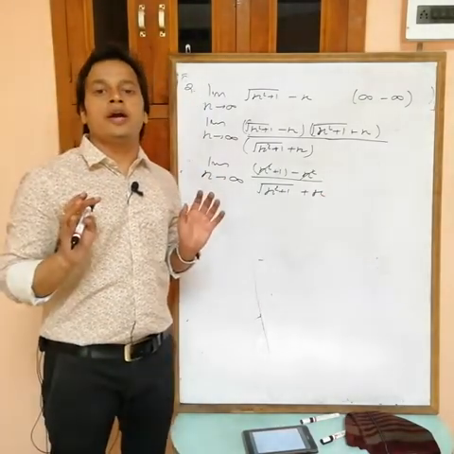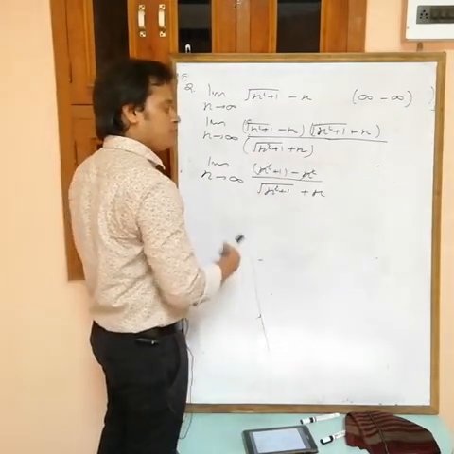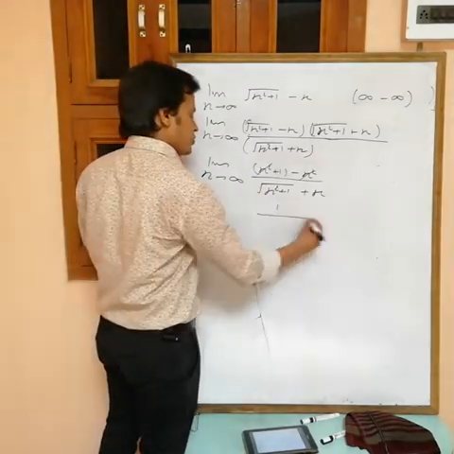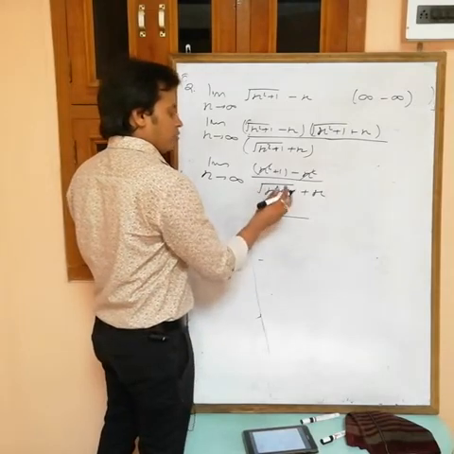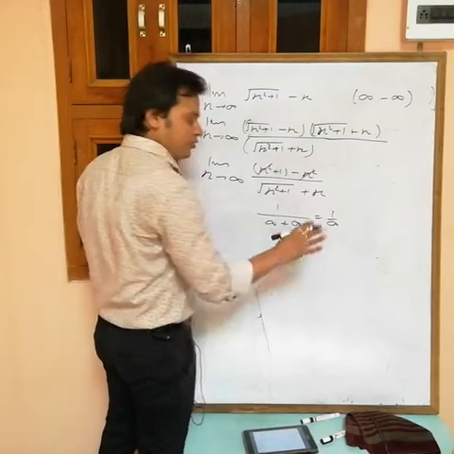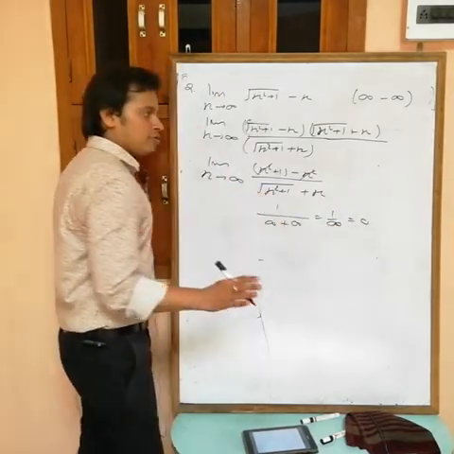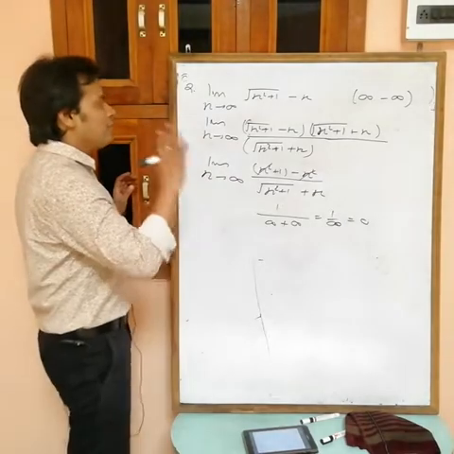Directly you can put x equals to infinity, because in the numerator there is no x now. If you put x equals to infinity, root over infinity is infinity, plus infinity, infinity plus infinity is infinity, now 1 by infinity, that is equals to 0. Okay, so we are getting the answer. But one minute,